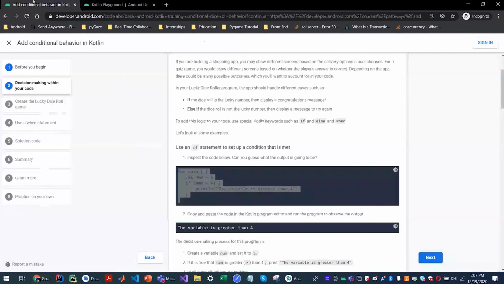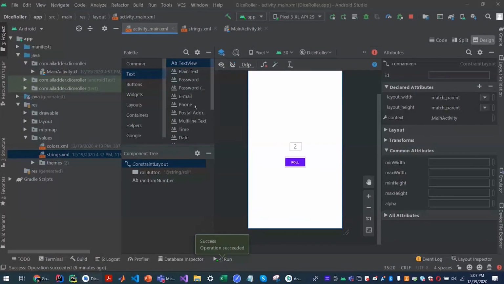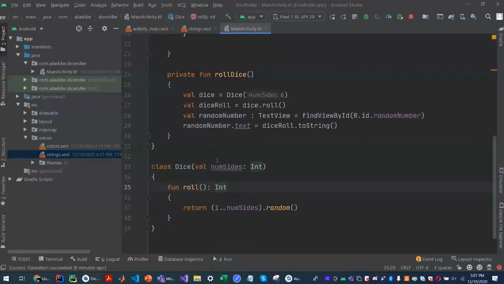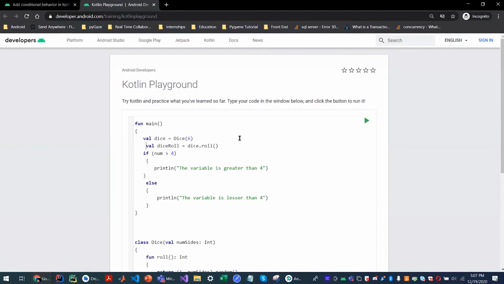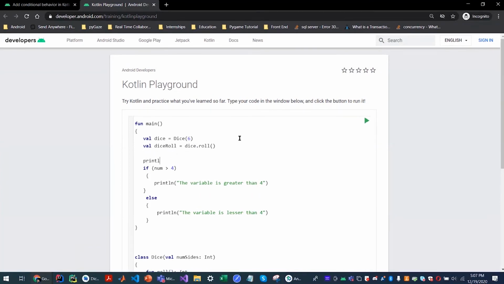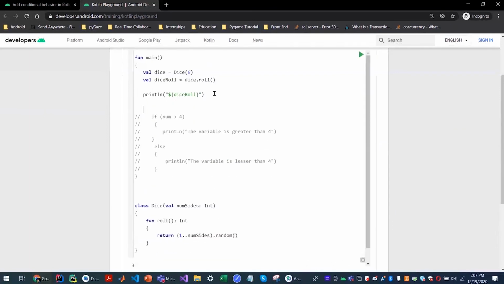And quickly, just to show you how the if-else code works and how it can get messy. Yes, I forgot to do that. So we can print it now.